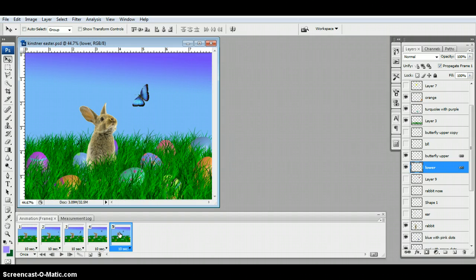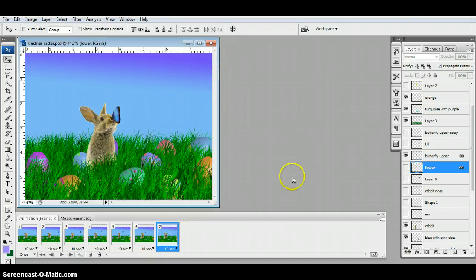Now, what I did in my class example is I had the butterfly fly toward the rabbit and then land on the rabbit's nose. So I'm going to try that here. I want it to be in the right place here. Let's see what we've got. I've got the wings open, wings closed. I probably moved that a little quickly, but we get the idea. Actually, no, I'll move it out a little bit more